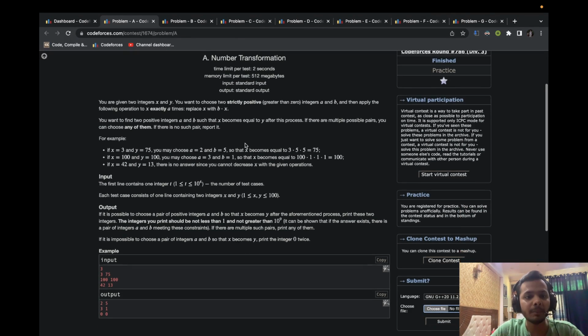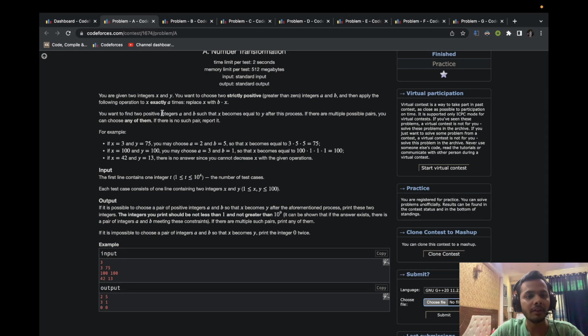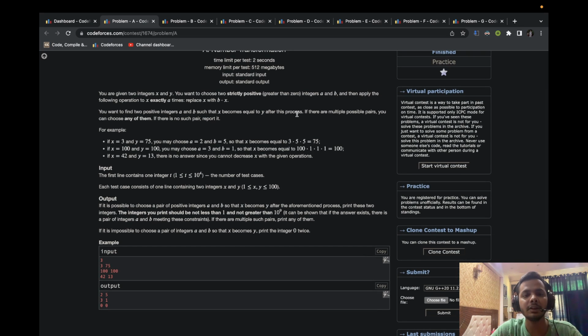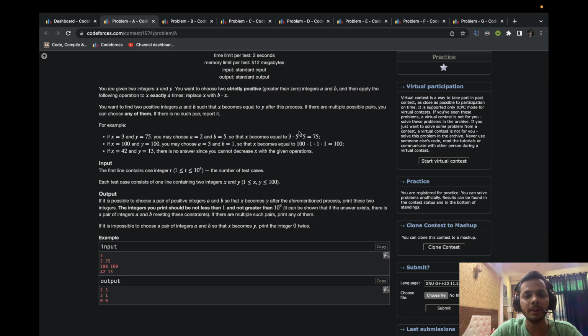So here we have been provided with two integers x and y, and we want to choose two strictly positive integers a and b, and then apply the following operation to x exactly a times. We have to replace x with b times x, and we want to find two positive integers a and b such that x becomes equal to y after this process, and if there are multiple possible pairs, you can choose any one of them. So basically we just need to tell if there is a pair a comma b such